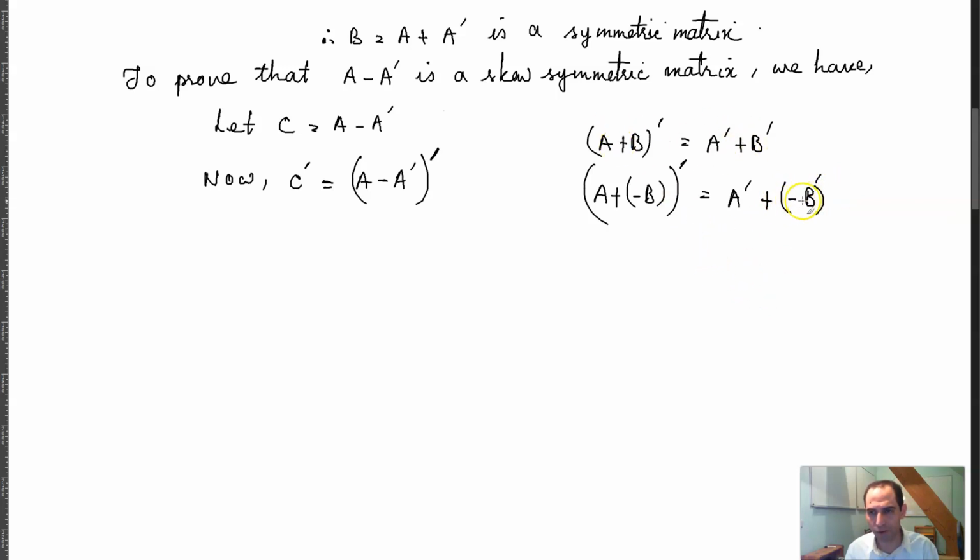And then I can write this as A transpose plus, taking the negative sign out, negative of B transpose, and therefore I can write it as A transpose minus B transpose, which means that